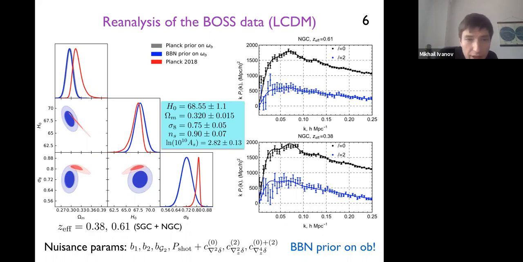So here on the left panel, you can see some portion of the posterior distribution of the corner plot from our MCMC analysis, along with the Planck measurements. And you can see that really the BOSS data is very competitive with Planck in terms of H0 and omega matter. Then we're also able to measure other parameters like sigma 8, the clustering amplitude of the power spectrum,